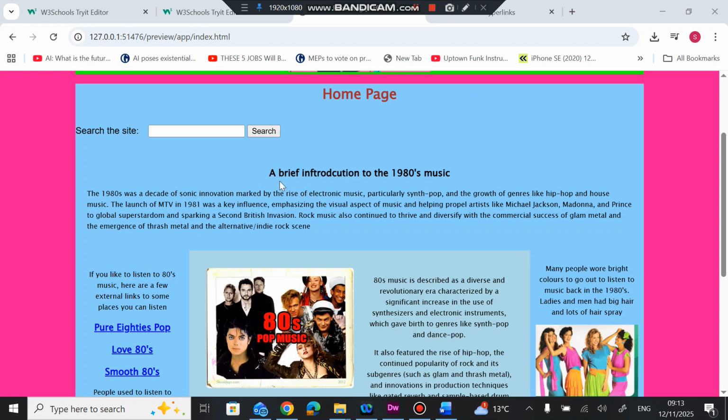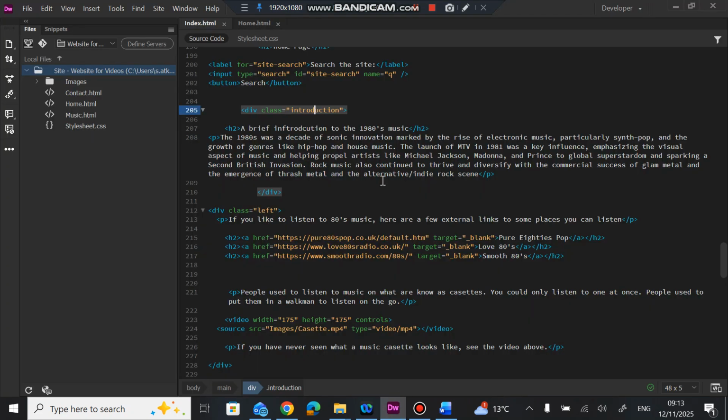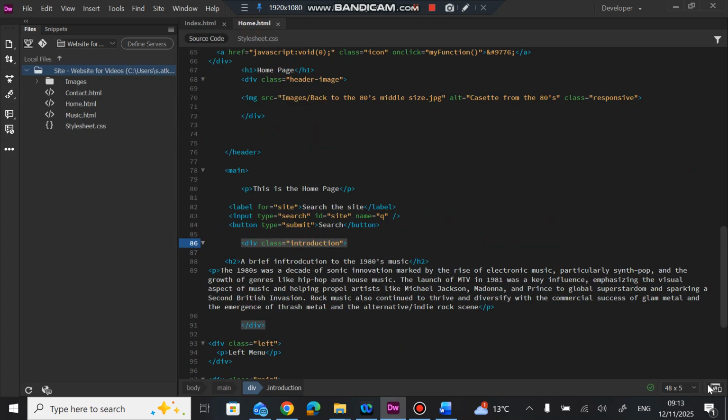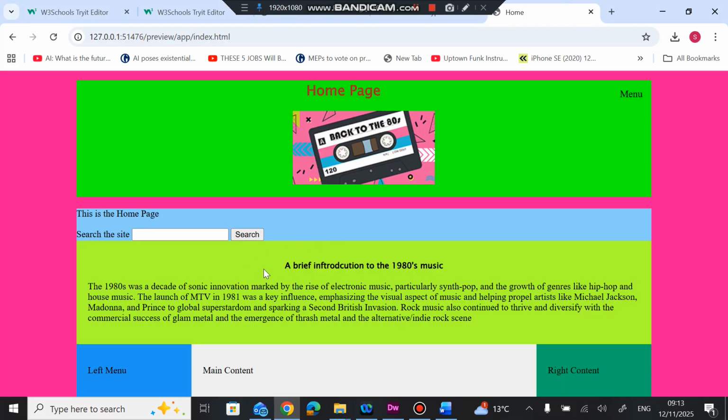So hopefully you've got that working on your site. If we go back to the example, it should be looking a bit like this at the moment. Okay, we're going to tidy it up, so don't worry too much. The next thing we're going to be doing is thinking about our left